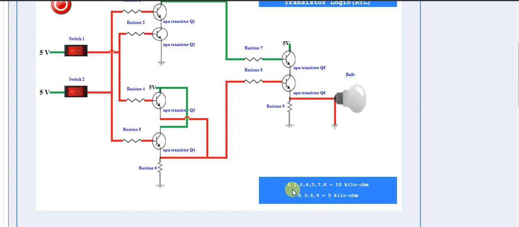Here there are some specifications given. Resistors 1, 2, 4, 5, 7 and 8 are 10 kilo ohm. Those are called higher resistance values.